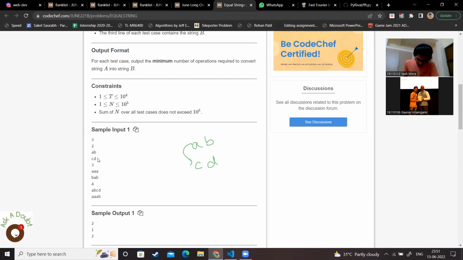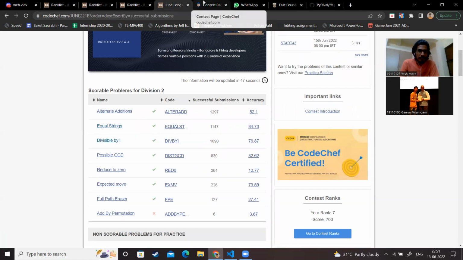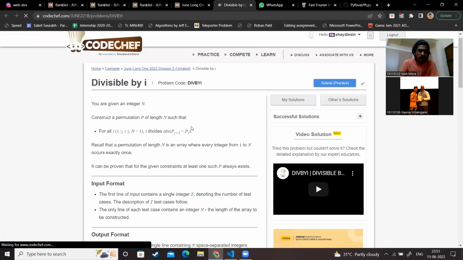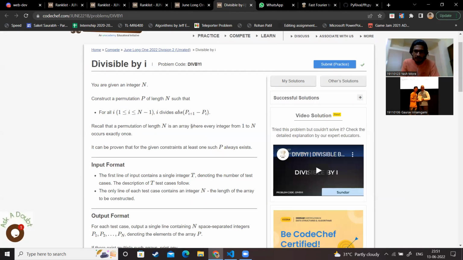So let's move to the next question. So next is divisible by I. In this question, you are given an integer n, and you have to make a permutation of n such that